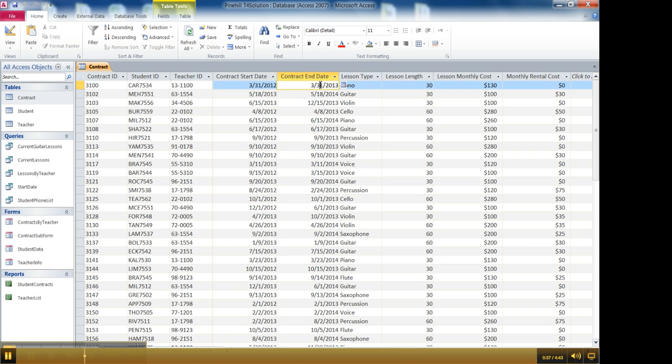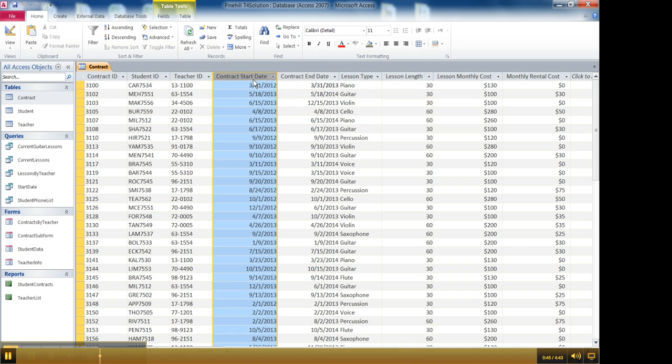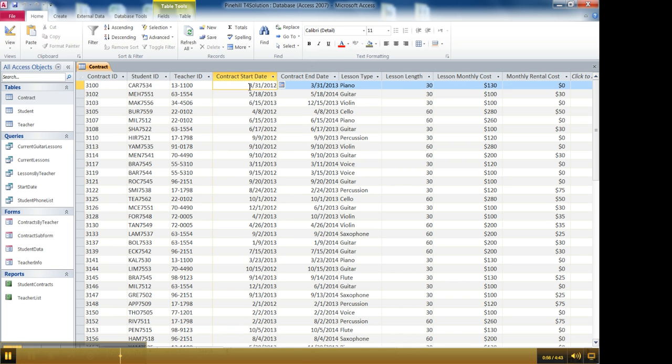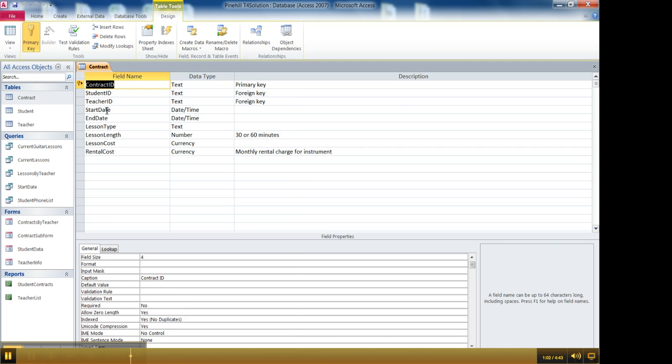And to set that kind of a validation rule, you do it through table properties. Now, that doesn't mean that you can't have an individual field validation rule as well. So in this database, for example, there's already a field validation rule for both of these dates that require that the contract start date had to have occurred no further back than January 1st of 1900. And so if you go here to Design View and you click on the start date, for example, you'll see that the date value has to be at least January 1 of 1900, and that would have been a very long contract. So there are individual field validation rules on both of these,